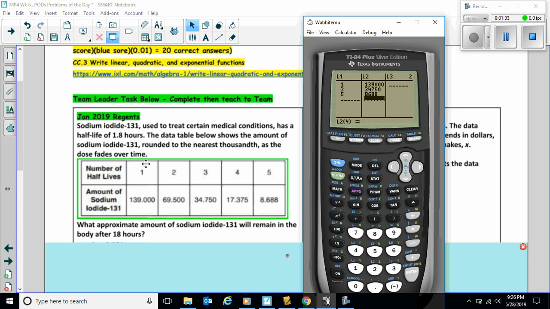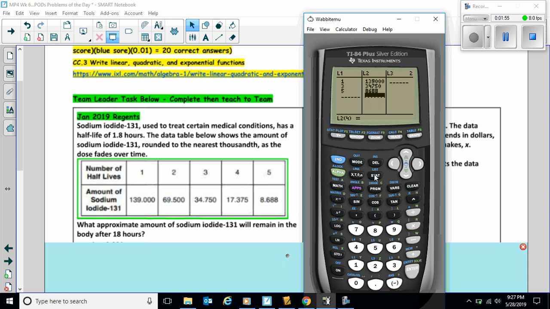So let's choose this point right here for 1 half-life, for 3 half-lives, and for 5 half-lives. So under list 1, we put 1, 3, and 5. And under list 2, we put the corresponding amounts of sodium iodide. Okay? Once we do that,